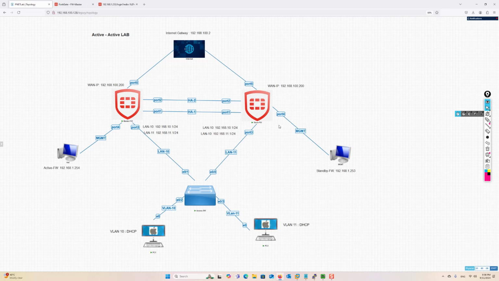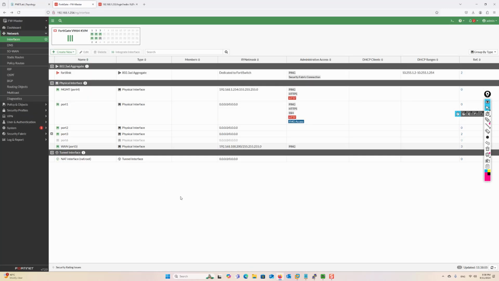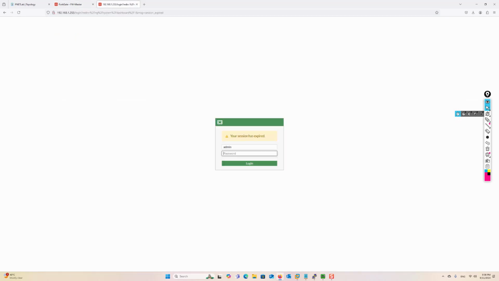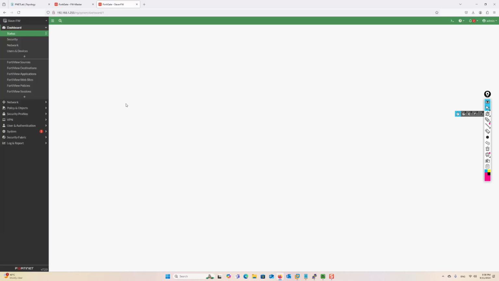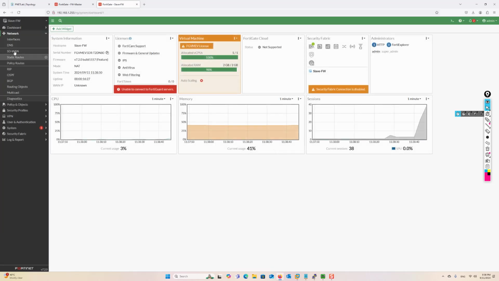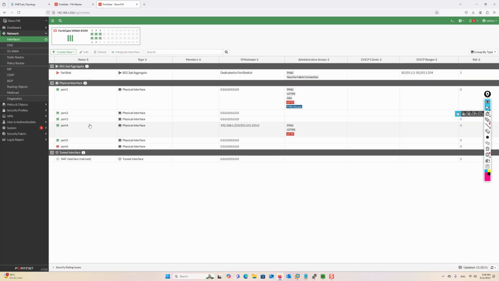I have the slave firewall. We also have a port for management, and we have two PCs with the access switch. Now let's go and make the active-active scenario. Now, in the slave firewall, it's empty. It's totally empty. I only have this port, management only. That's it. So let's configure